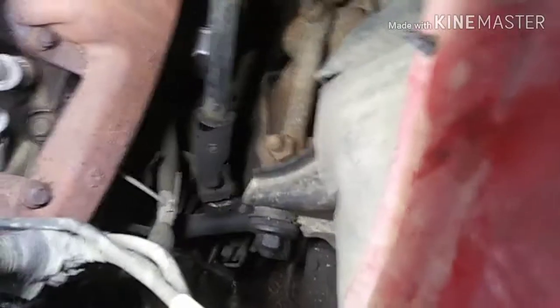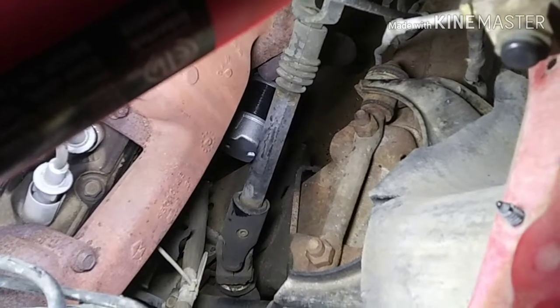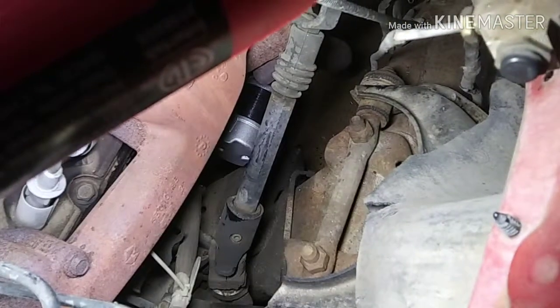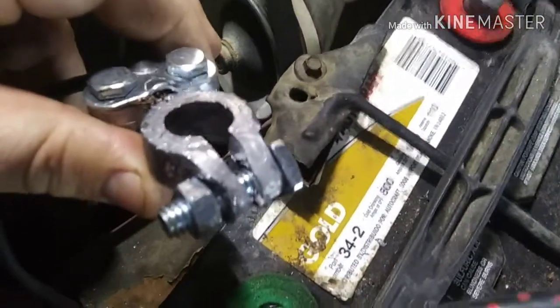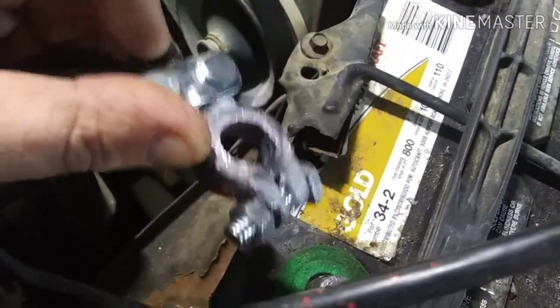But I got done installing a brand new starter, as you can see down in there. Got to put the inner fender liner back in there. Got that done last night, and right now I'm working on the battery ends. This one has seen its better days, and we're going to take this off, put some lugs on it, and